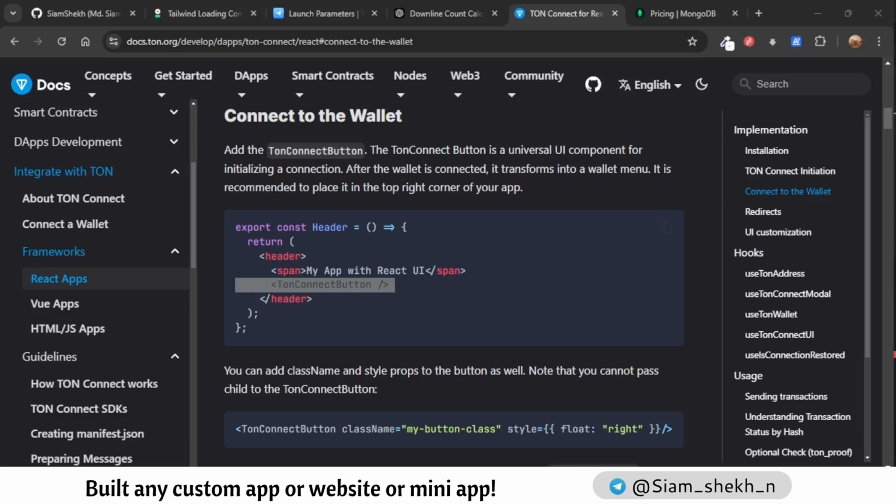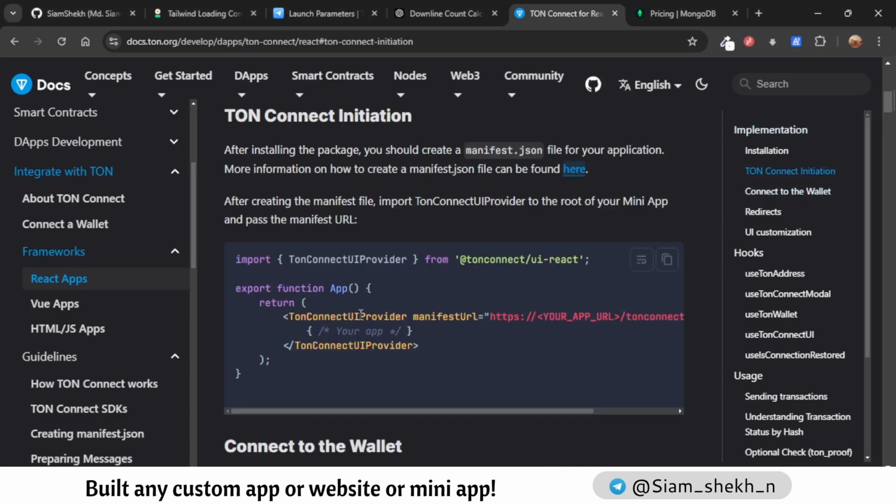Okay, I see, you should add TON Connect UI provider on the top. Okay, understand. So I have not used the TON Connect provider, this one, yet. So I need to ensure I am using that. So I just copy that and go on here, and there is a main.tsx file, and here I just wrap the route provider, import that. It's perfect. I wrap it, go here, reload page,